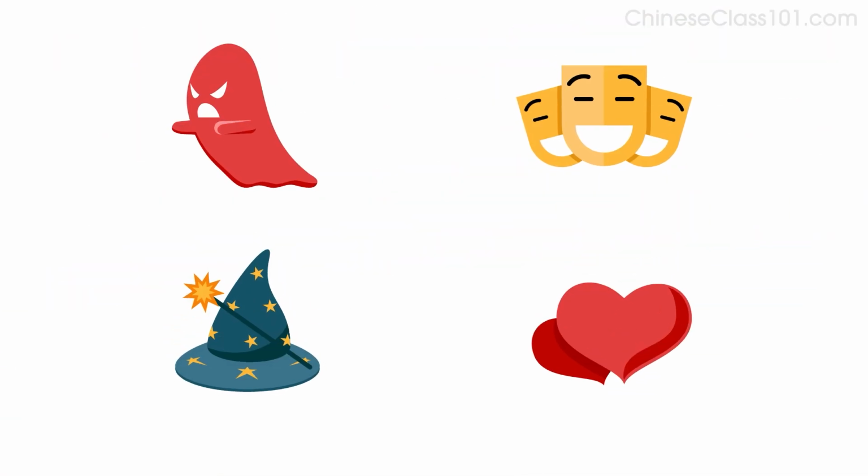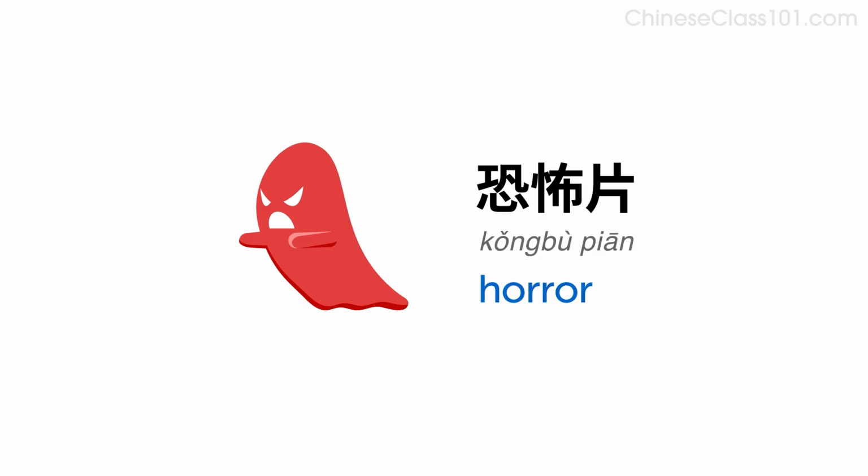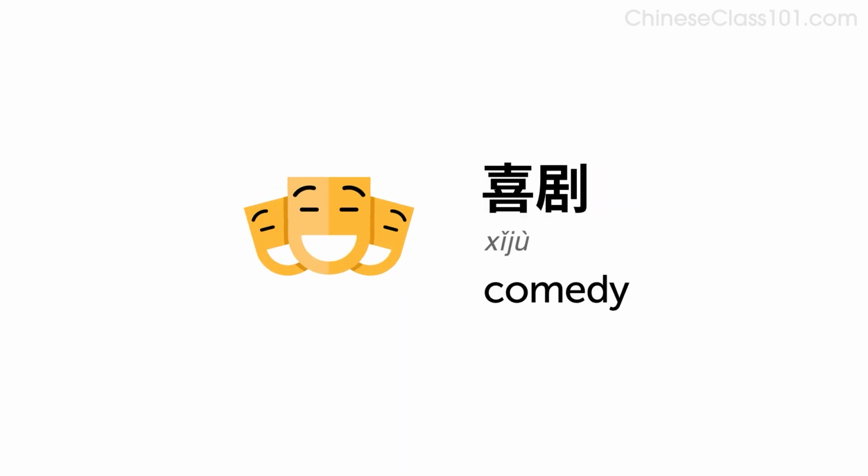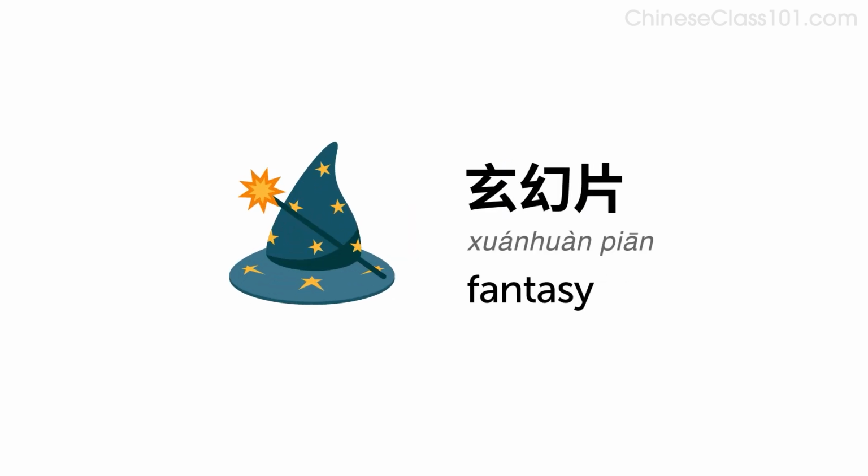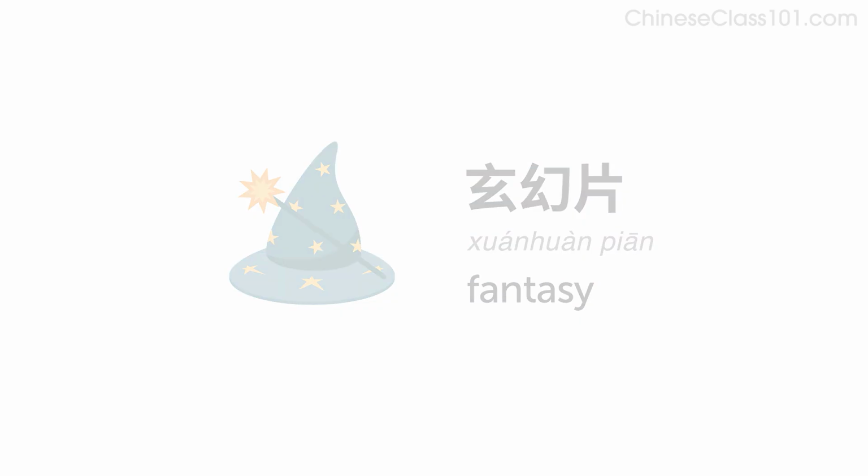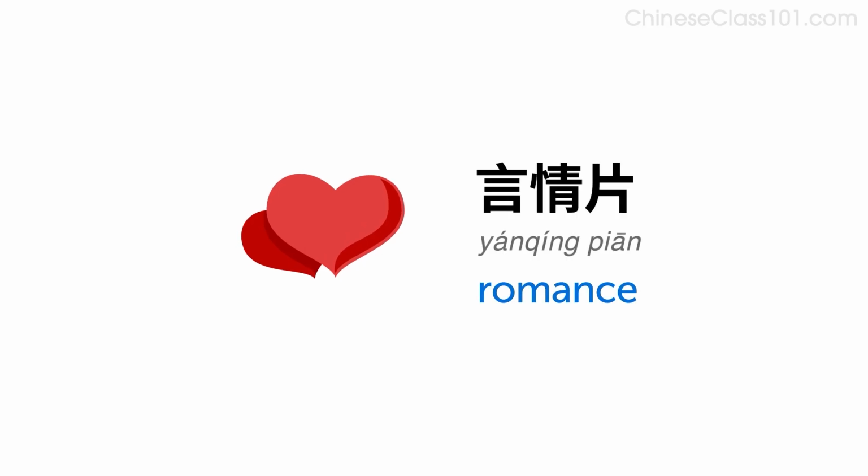Here are a few more kinds of movies you can use with the same pattern to talk about movies. Horror, 恐怖片。Comedy, 喜剧。Fantasy, 玄幻片。Romance, 言情片。